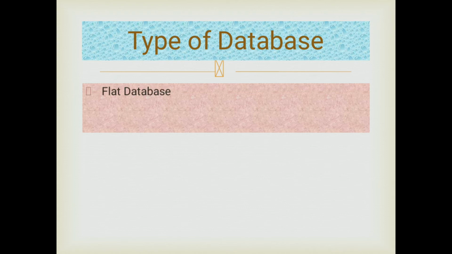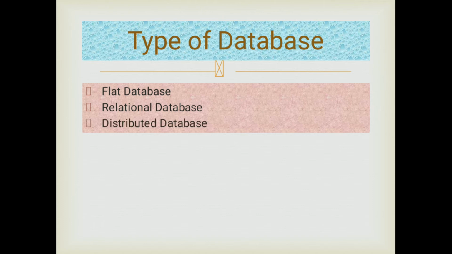First is flat database. In this type of database, information is stored as a single file in a tabular form which has no relation with the other databases. Electronic spreadsheet is an example of flat database. Next is relational database. A relational database is a set of tables containing data fitted into some predefined categories. Each table contains one or more data categories in columns. Each row contains a unique instance of data for the categories defined by the columns.